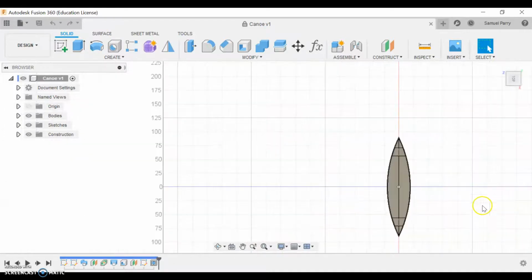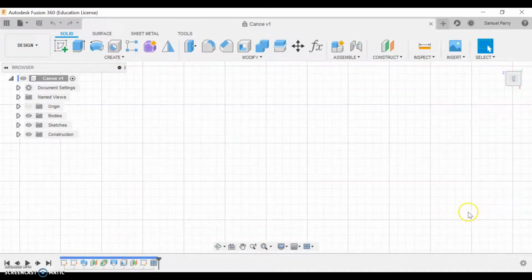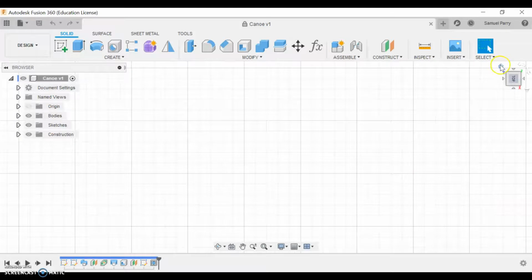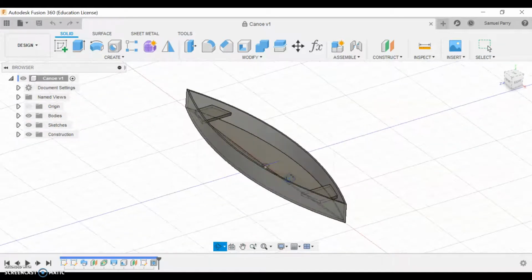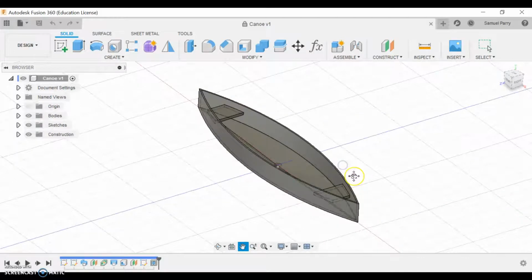Now, sometimes students might lose their object and think I've lost it. So again, if you press the home button, it will always bring it back to a full screen view for you. So getting used to using this view tool here is really helpful. Next, we have these tools at the bottom, and you can click and use these. However, what I'm going to talk you through now is how you can use these tools simply with the mouse